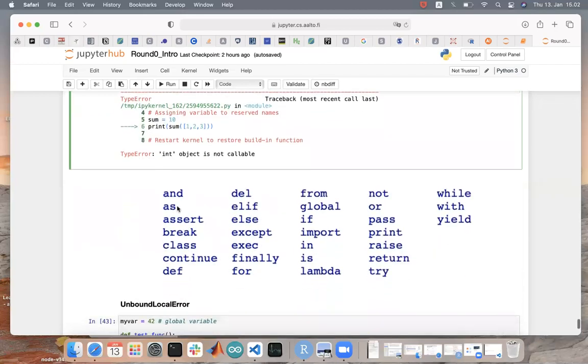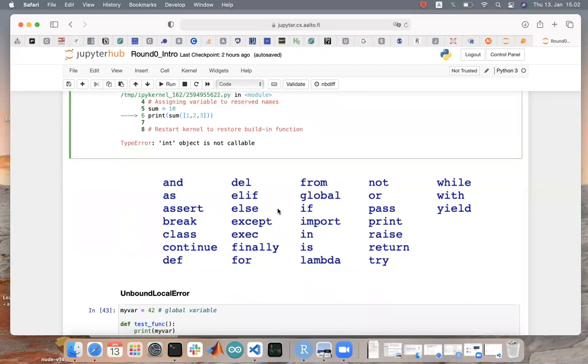So here are just the examples of some keywords that you cannot use as variable names. The same goes for built-in functions like print, len, sum. You cannot use them as variable names. The same goes for the different Python classes names.